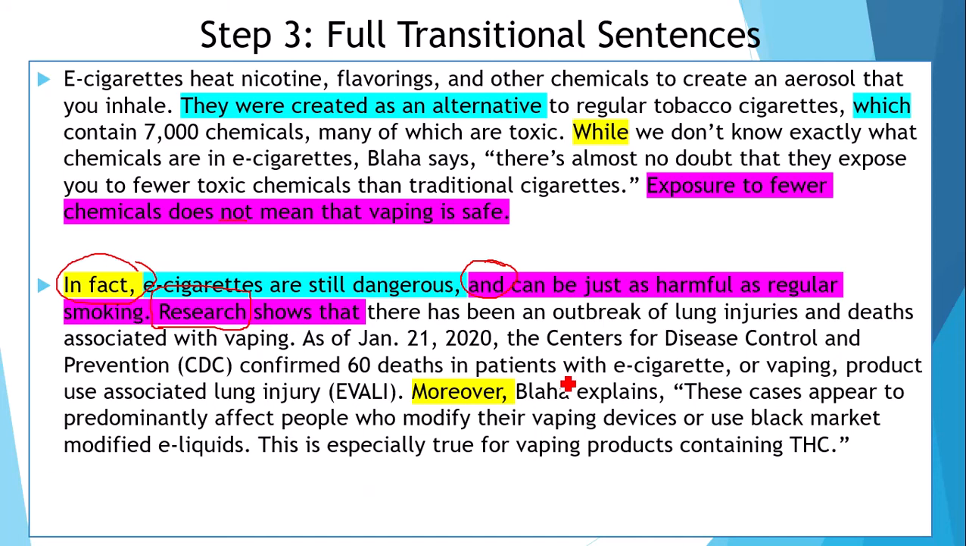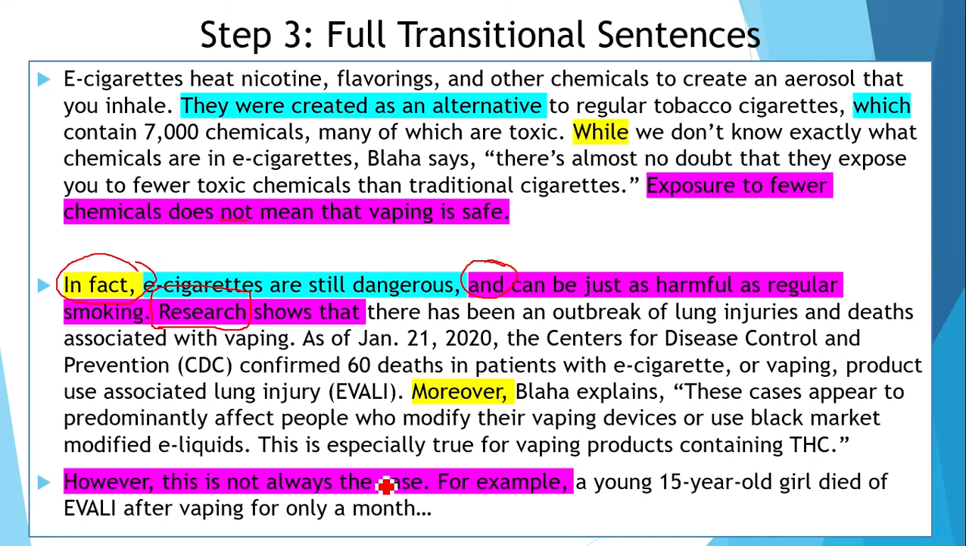So this is especially true for vaping products containing THC. However, this is not always the case. For example, a young 15-year-old girl died of EVALI after vaping for only a month. Now, this is from a true story from the New York Times that one of my students had included in their paper. This is not the student's paper, just for the sake of their privacy, but it was sort of similar to this. So now we have the word however, a comparison word, and then we're transitioning into our next paragraph